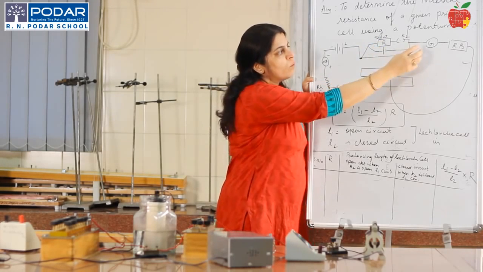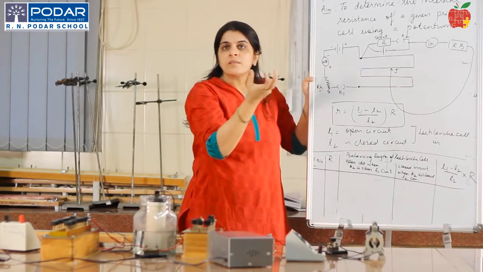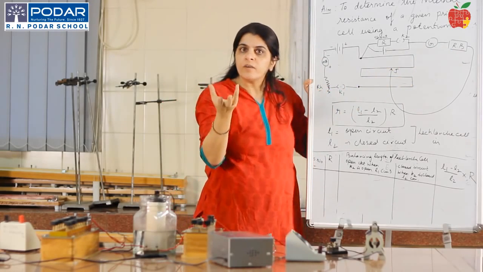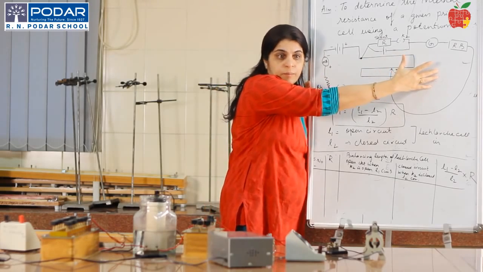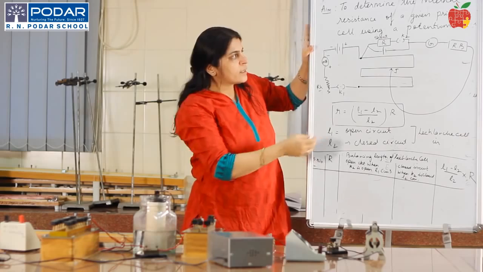Okay, and what is here? Resistance box. This resistance box is there. It's a very high value of resistance box which is connected in a circuit so that not excess current flows through a galvanometer. Rest of the circuit is very clear.